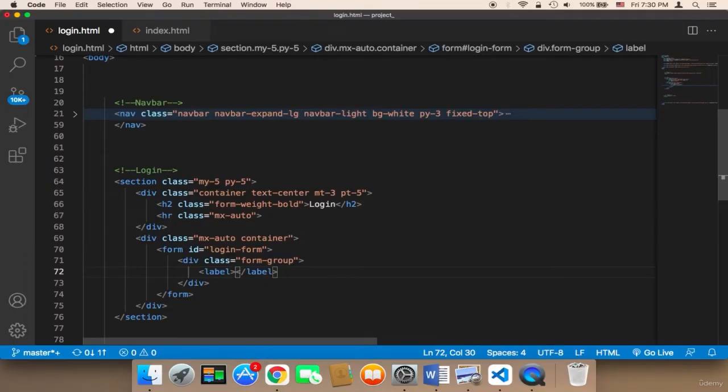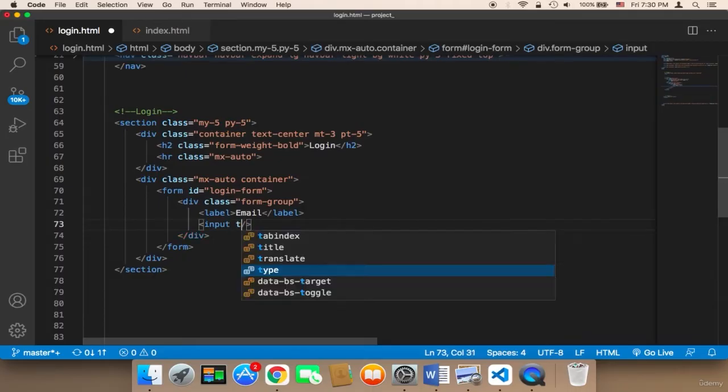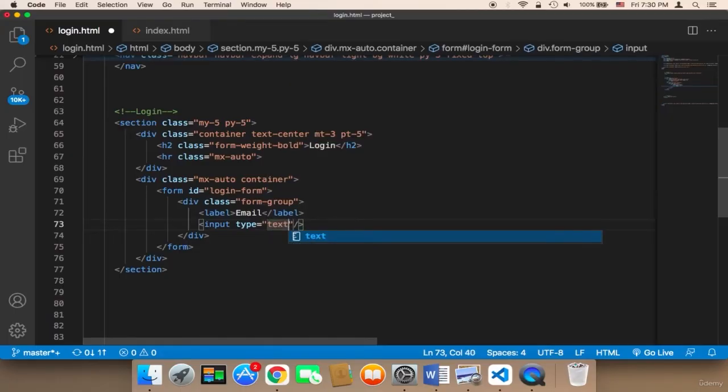So the first input is going to be email, therefore I'm going to say here email, and the input itself that's going to allow the user to type their email is going to be the input. I'm going to be using the input itself, and I'm going to give it a type, and the type is text or email. Let's say text, and I'm going to give it also a class, a bootstrap class called form control,